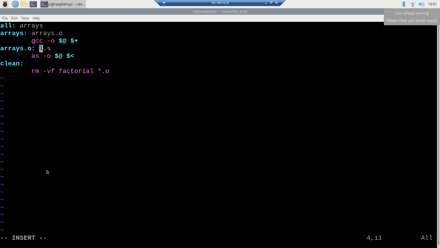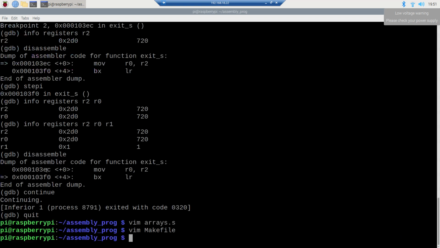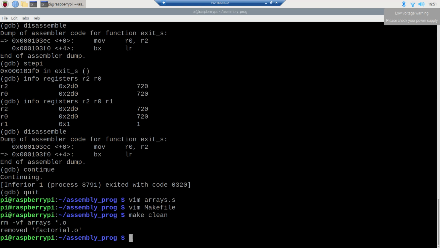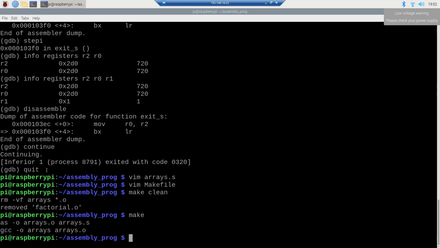So once this is done correctly, the makefile should be created. Alright, now I should save it and exit. So let's say we have make clean, and I say make. Okay, it's not created. Alright, so now what we can do is go straight to debugging